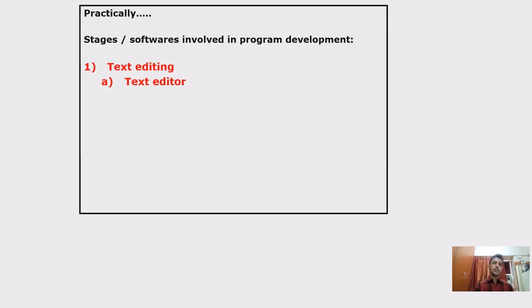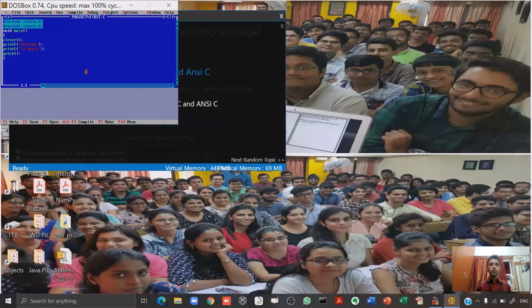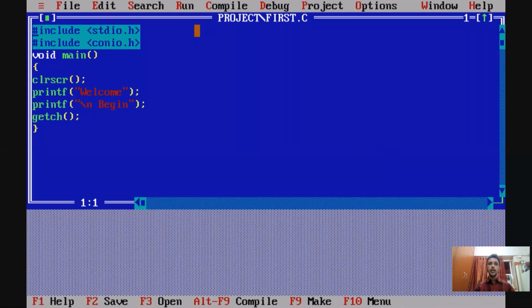Whenever we write a C program, first we need to type the program, and for that we need a text editor. This blue screen which you have been seeing in this lecture is basically a text editor. Similarly, when we were doing Code::Blocks, you had that white screen. That is also the text editor where you type your program. So once the text editing is over,